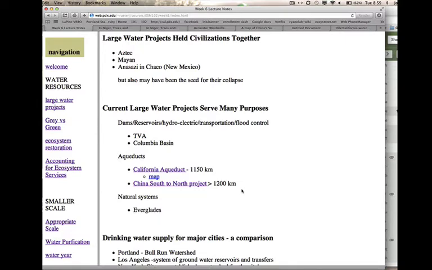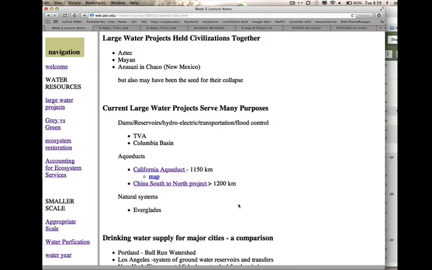So those are a couple of types of systems that we're familiar with: dams and reservoirs, these aqueducts. But then there's also large water projects, such as in Florida, the Everglades. It's a major construction project to create the levees and the channels that move water around in the Everglades. And the attempt is to recreate a healthy wetland in the Everglades, to have water move from north through south through this big sea of grass, and try to have the water move in a more natural way to preserve that ecosystem and provide pure water.